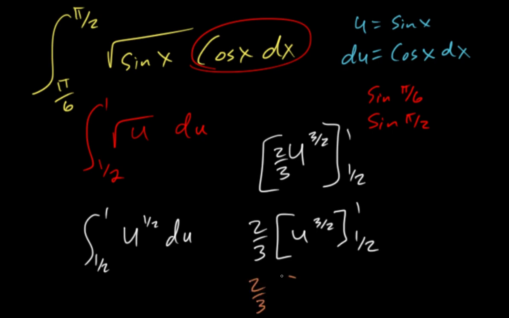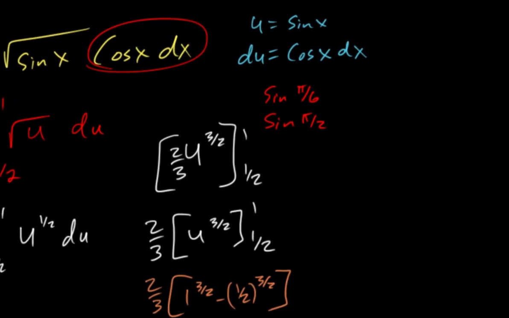Then I get this. Okay. So we're going to still have our 2/3 on the outside. That just goes to a 1. And then